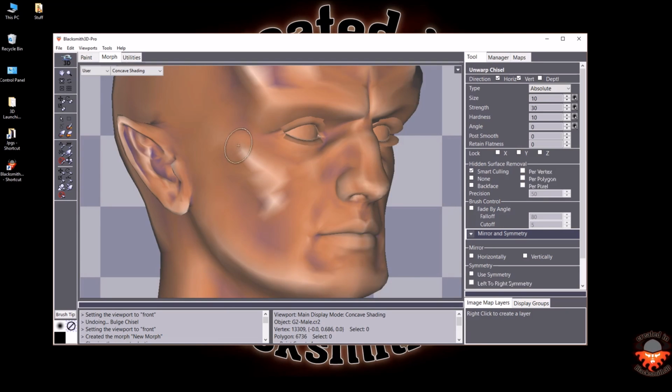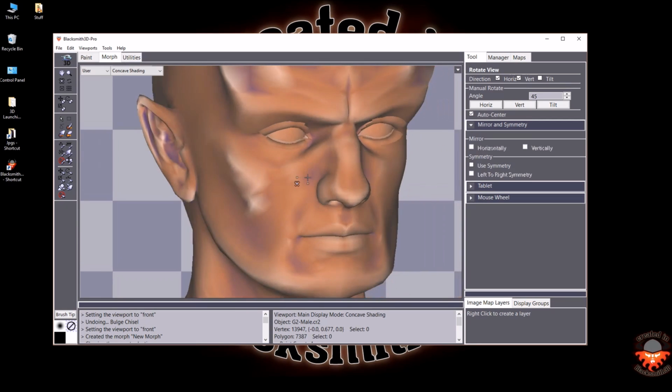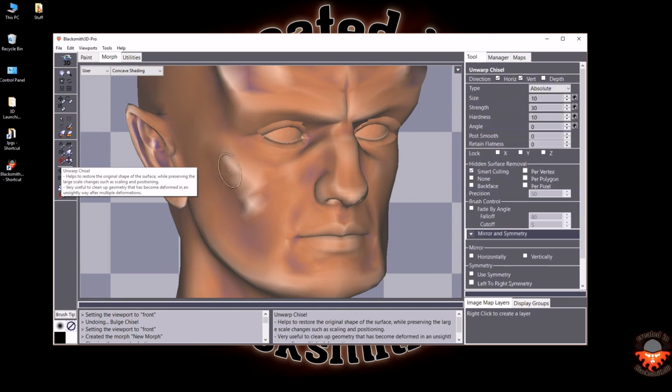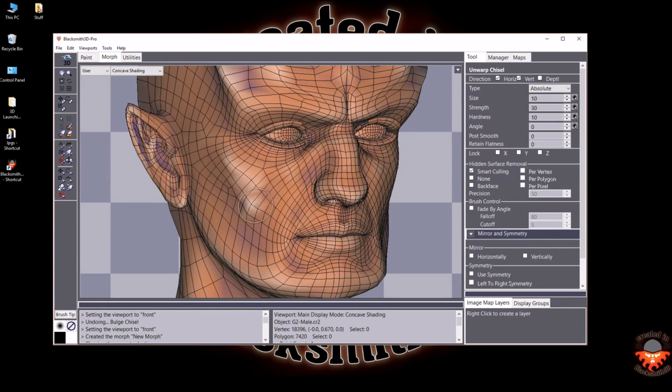It's not quite like a typical smooth that you'd expect in a lot of 3D programs. I'm going to show you with the wireframe overlay what I mean. Instead of just smoothing a vertex by calculating the average of the surrounding vertices and moving towards that average point, which could make the whole model look really overly smooth and sloppy, this is going to attempt to restore the shape to its original shape,